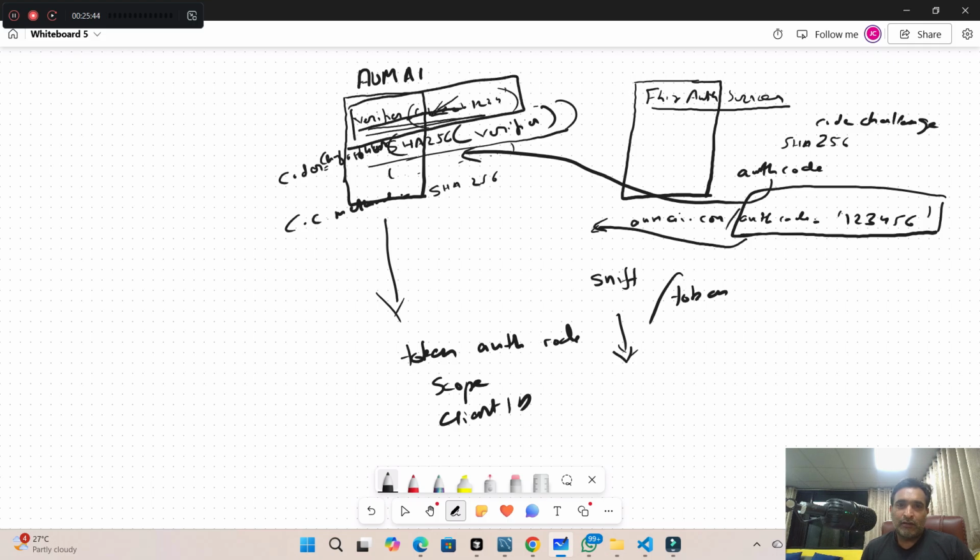This is the original verifier, not the encrypted part, because the encrypted one is already with them. So when I send the original verifier, now what this token API does is,